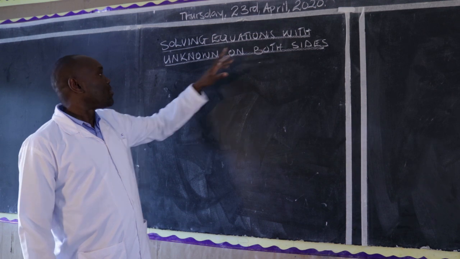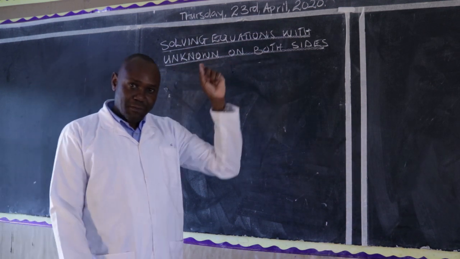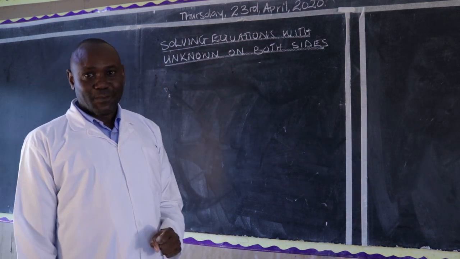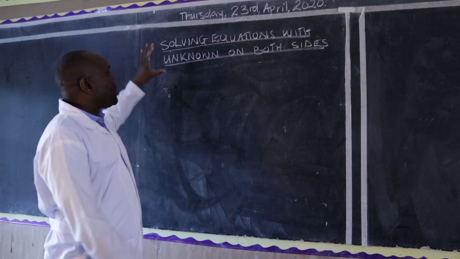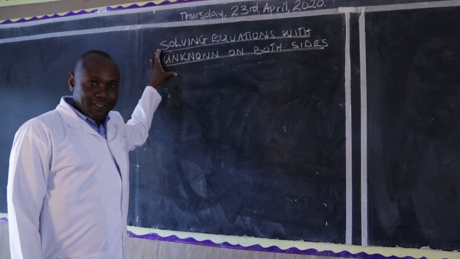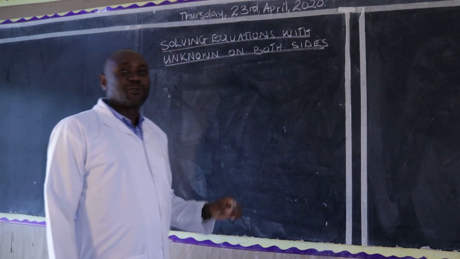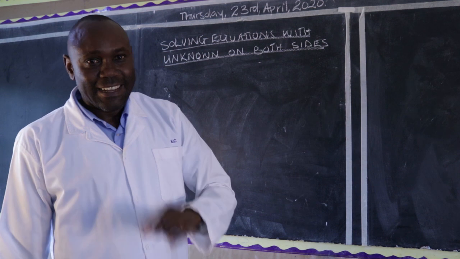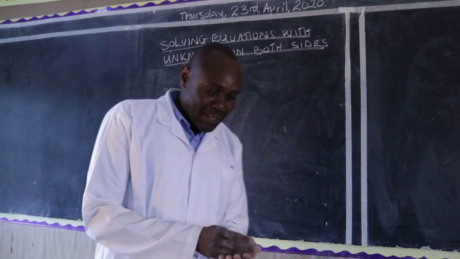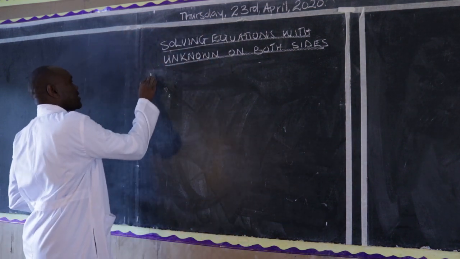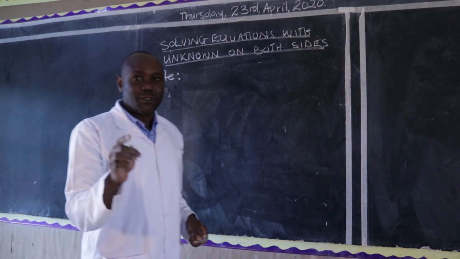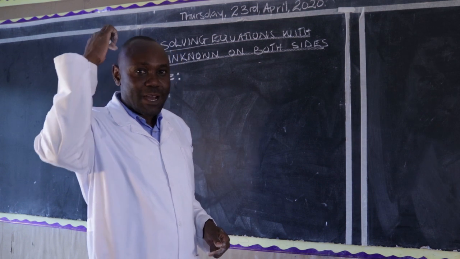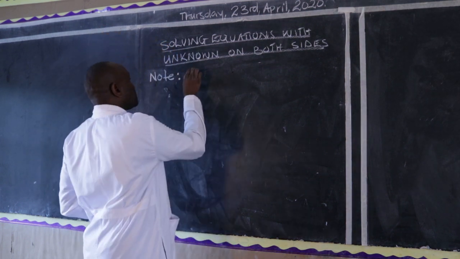Solving equations with unknown on both sides. But before we look at the examples, we need first of all to know what is supposed to be done. And that one we call it a note. So that the moment you see such an equation, you must have that in your mind. That we have to